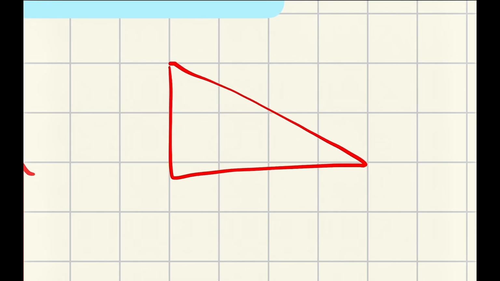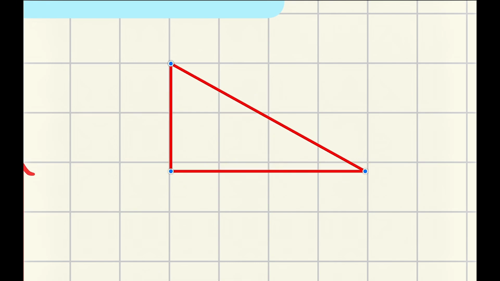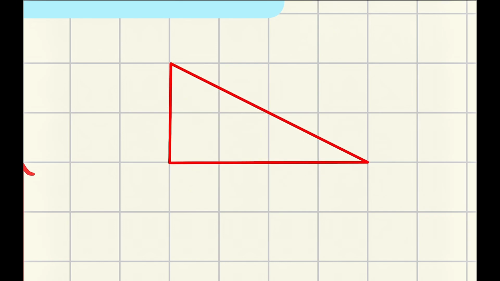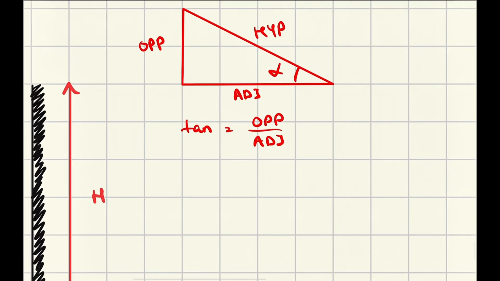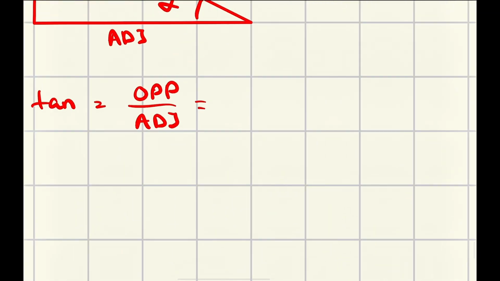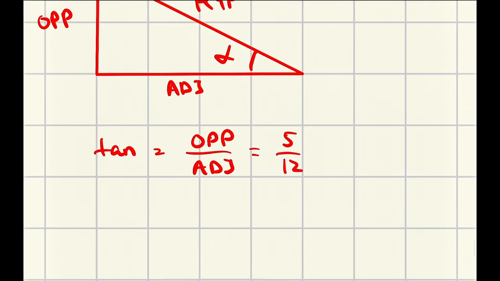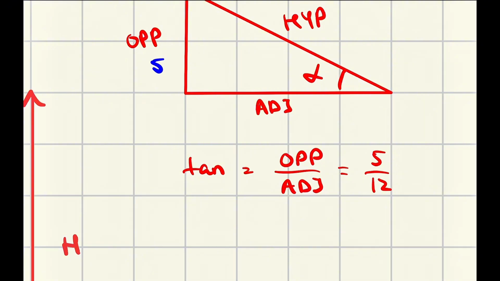Basically, if we draw some kind of a triangle, a little bit more perfect, with an angle alpha, we know that tangent is opposite divided by adjacent. So it's a relation between this opposite side and this adjacent side. We also have the hypotenuse, and tangent gives us no information about the hypotenuse. But in fact it does, because if we have here 5 divided by 12, then 5 is opposite and 12 is adjacent,